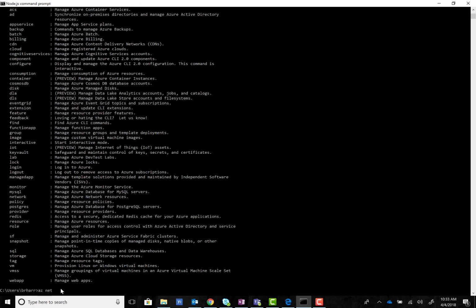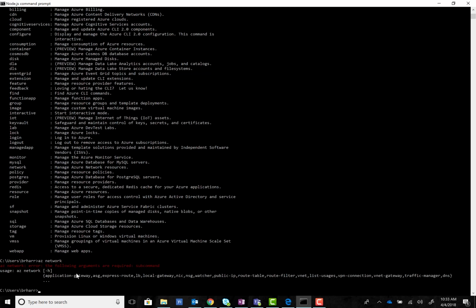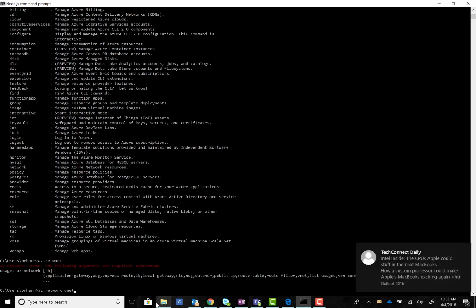So if I go to, say, AZ Network, for example, I then get an error message with a listing of all of the available sub resource types: Application Gateway, Express Route, NIC, NSG, public IPs, route tables, route filters, so on and so forth. You then would go AZ Network VNet, for example,